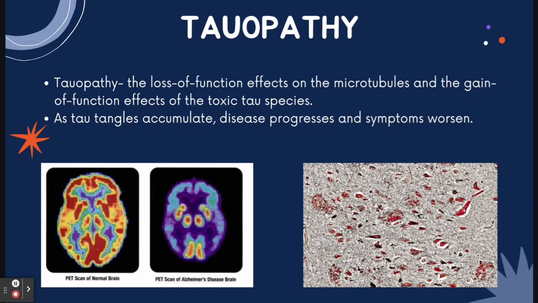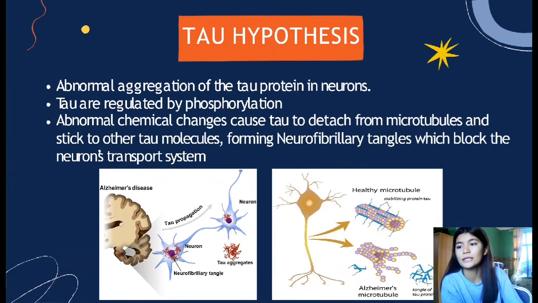In healthy brains, tau proteins bind to and stabilize the microtubules, and in Alzheimer's disease, the tau proteins come apart from these microtubules and cling to each other instead. This results in tau tangles that kill off the neurons. Tau hypothesis: it is an abnormal aggregation of the tau proteins in neurons. Taus are regulated by phosphorylation. Abnormal chemical changes cause tau to detach from microtubules and stick to other tau molecules, forming neurofibrillary tangles which block